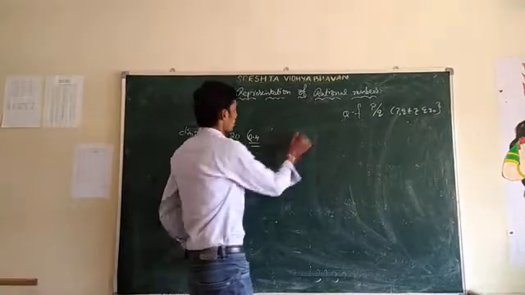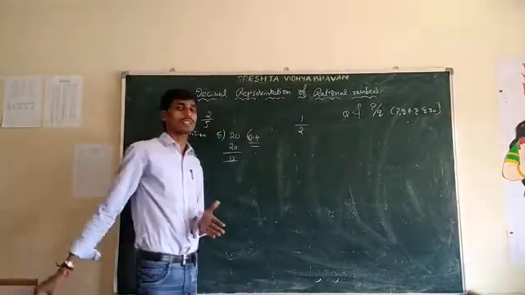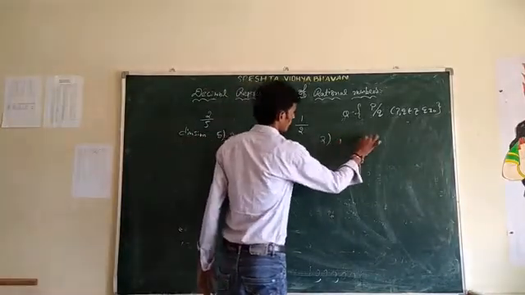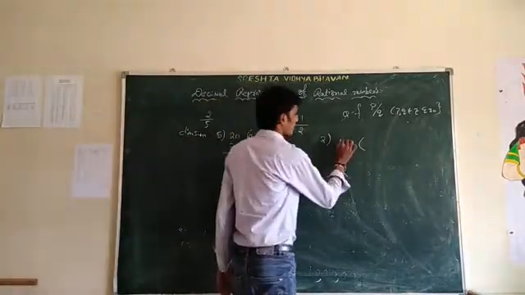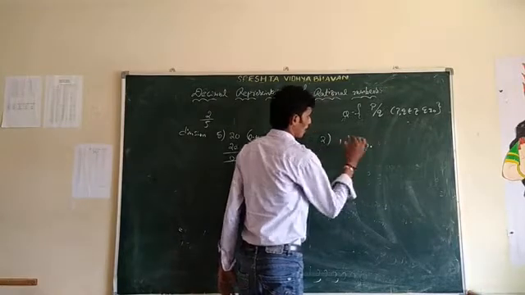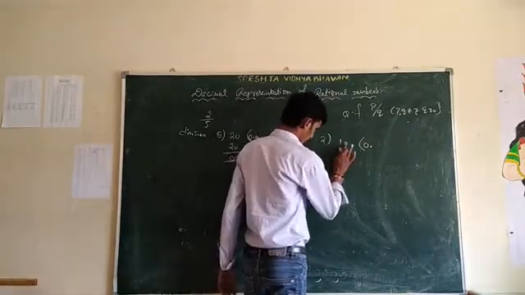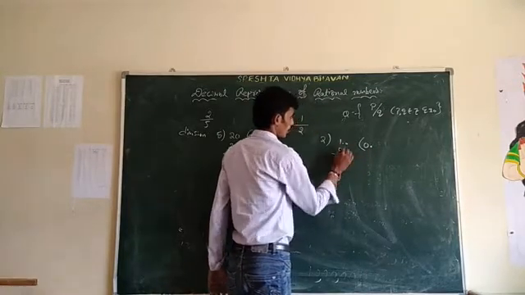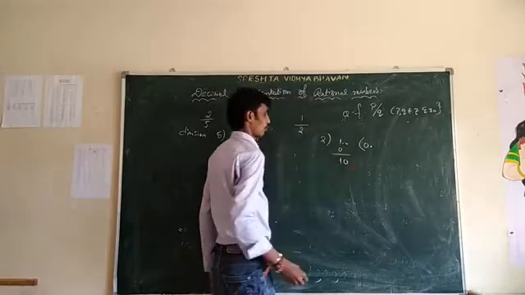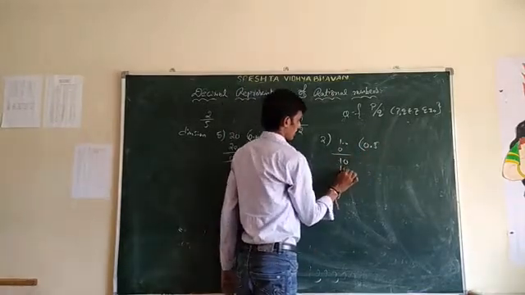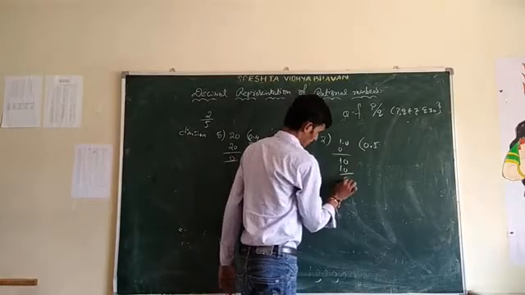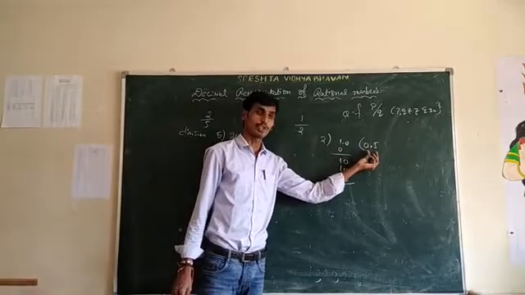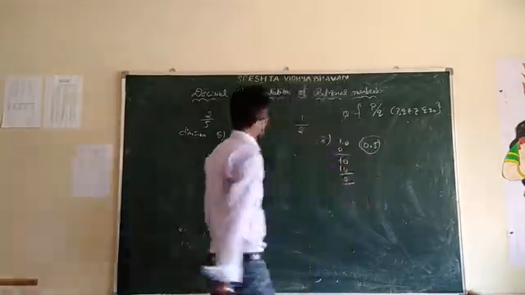So like that, another example, 1 by 2. What is the decimal representation of 1 by 2? Again we do the division. Take 0 point, then the value will be 1 and take the 0, so 2 5s are 10, and the remainder is 0. So what is the decimal representation of 1 by 2? It is 0.5.